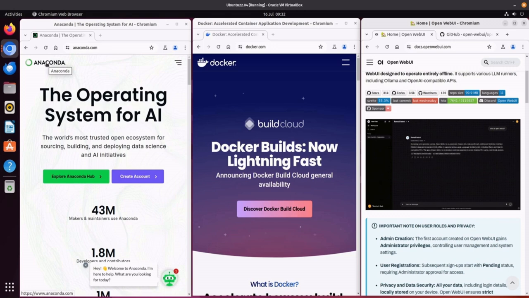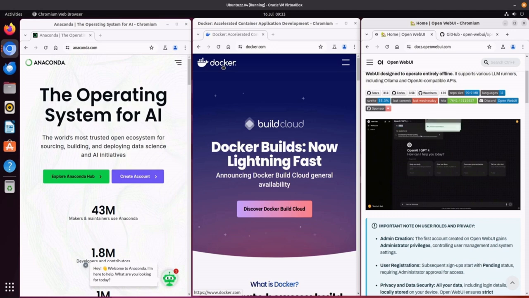And then a separate video will install Docker and show you how to install Docker on your Linux machine as a GUI. I know you can use it in command line. We'll use both command line for Docker, and we'll also use the GUI for Docker on our machine. Then we're going to install Open WebUI onto the environment we created for Anaconda. And once we finish with that, we'll also pull the Docker image for Open WebUI into our Docker setup